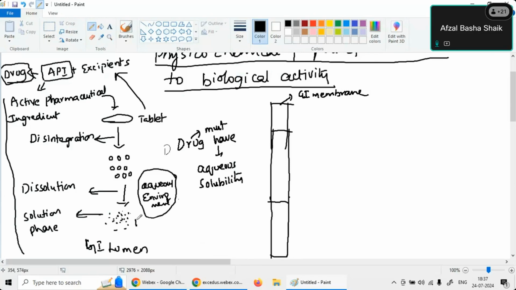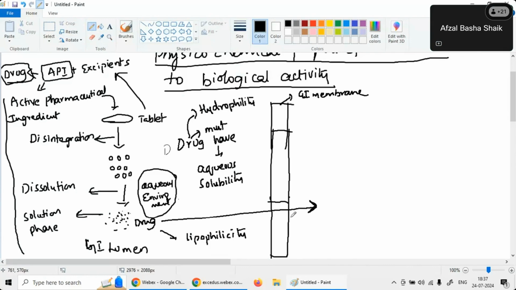In order to cross this GI membrane, the drug should also have lipophilicity. So in order to undergo aqueous solubility, the drug should have hydrophilicity, whereas in order to penetrate through